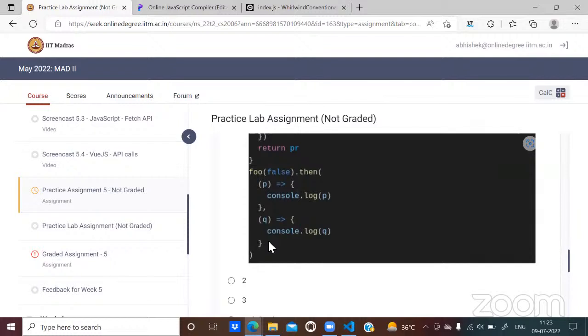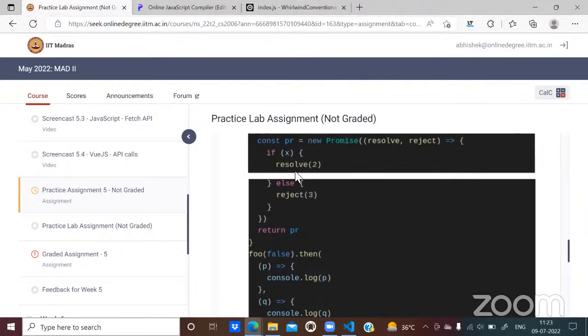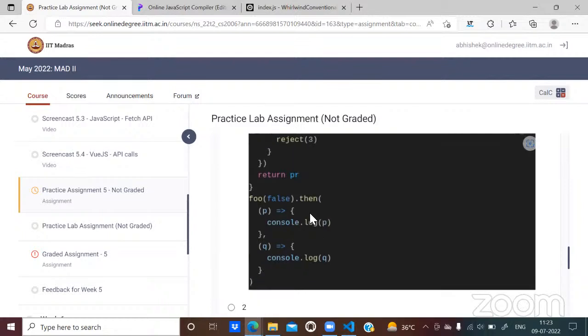What catch can take care of is rejection as well as any error that occurred while resolving or rejecting the promise. Instead of handling the rejection in dot then, it is better to go for dot catch. Why it's better? Of course, it can handle the error also. But here there is no chance of getting an error. For example, if you're sure that your function is never going to result in any error, then maybe you could go with that. But again, that's a choice.